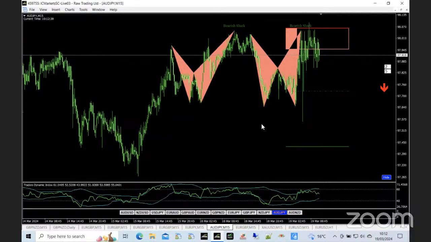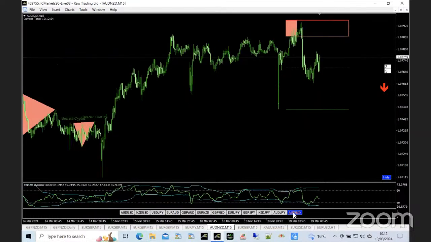AUD yen, also the same. It hit here. We have the sell box, and this is a bearish pattern. It went to the 2x. So once it goes to the 2x, we always move the stop loss to break even. So this is the break even. We will not take it as well. Now this is already 2x. So we have here +2. Okay. So the total is